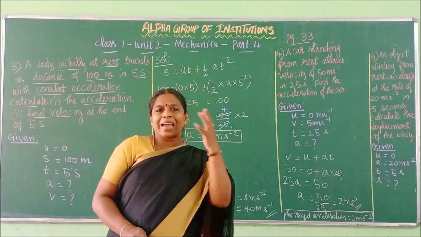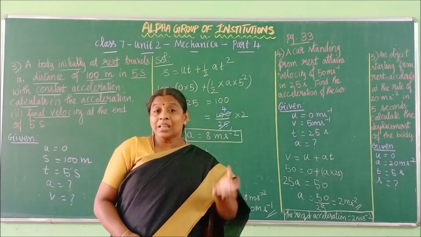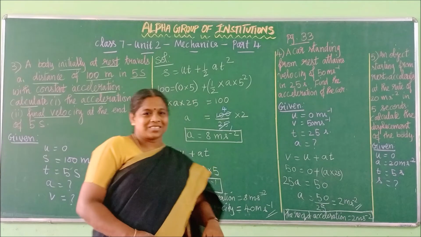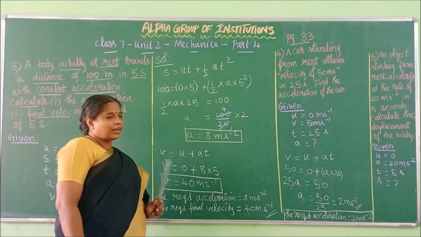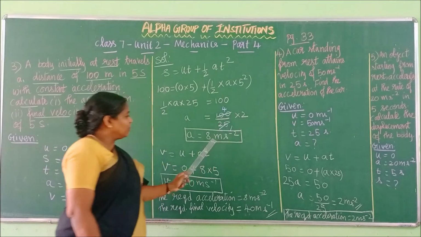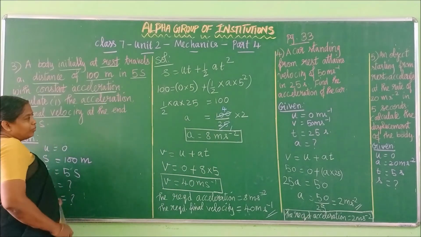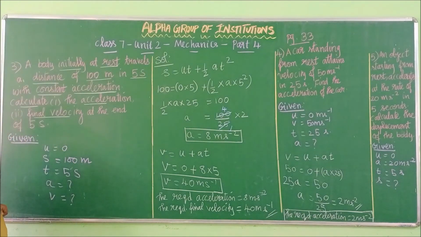So one step of calculation can be reduced, your time will be reduced, and your mental ability towards doing mathematics and physics will increase. Right? So what is the value? 25 into 4 is 100. 4 into 2 will give you 8. So the first step of the answer is determined. Now A is there, U is there, T is there. What is the next one?